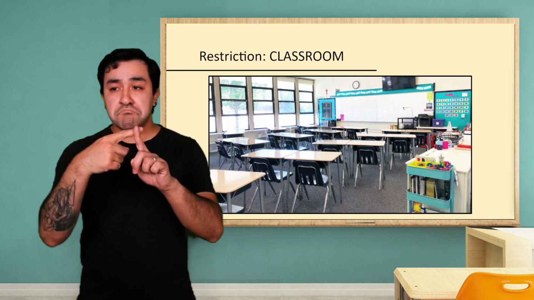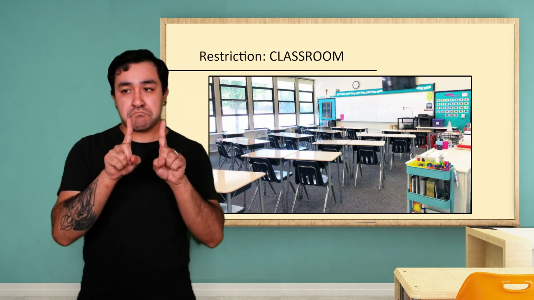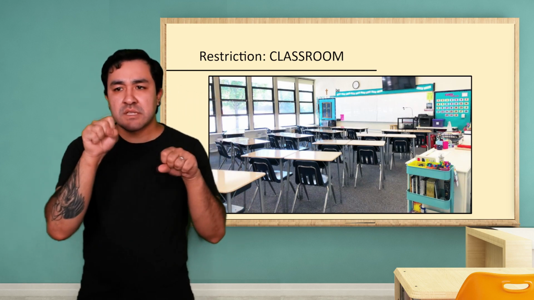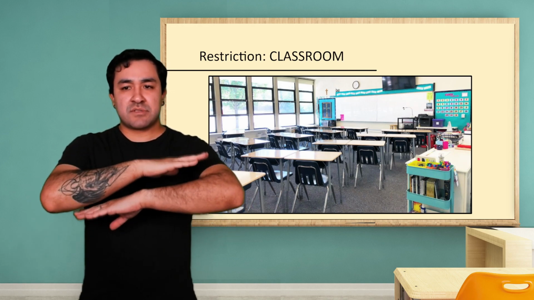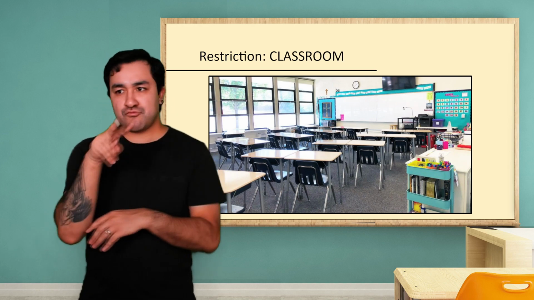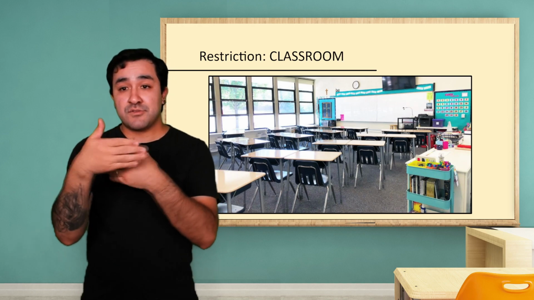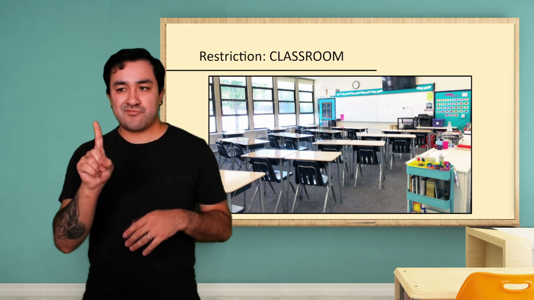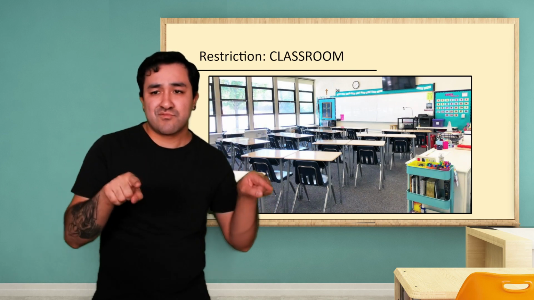Looking at this first picture, the student could see the board and their teacher. Another positive is the desks and chairs are detached. Although students cannot easily see their peers, they can move their chairs to see them. If this was a mainstream classroom, the interpreter could stand in the front near the teacher and the board, which